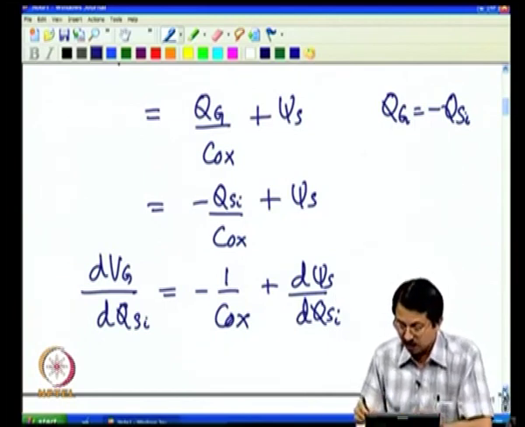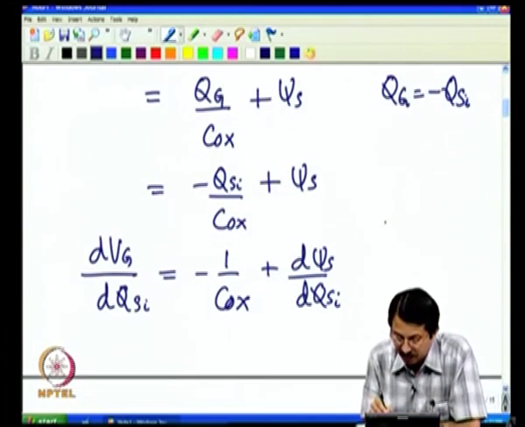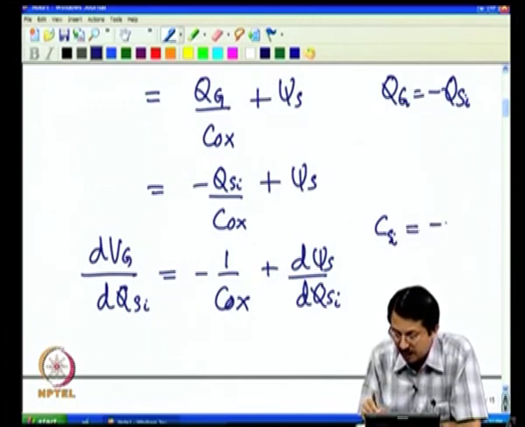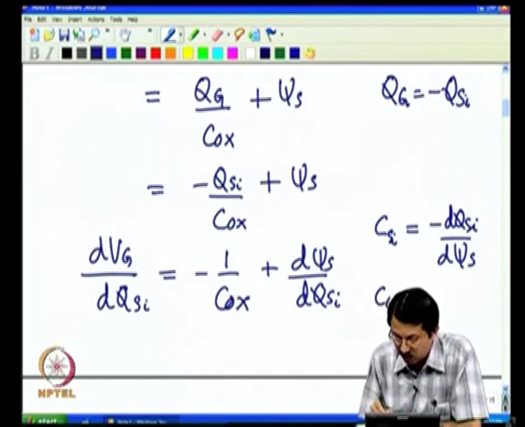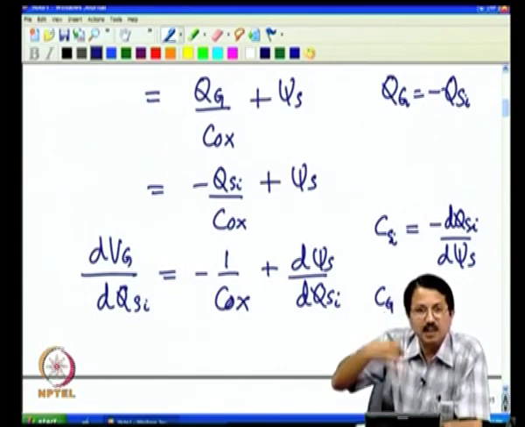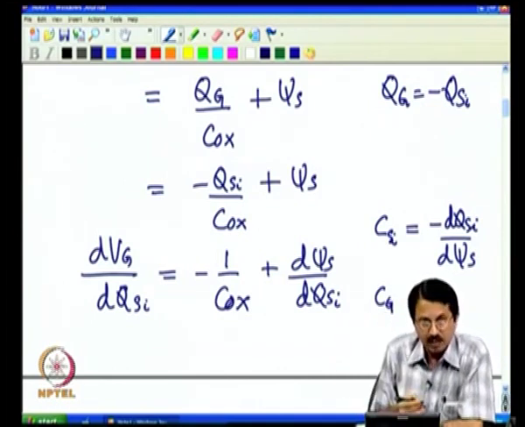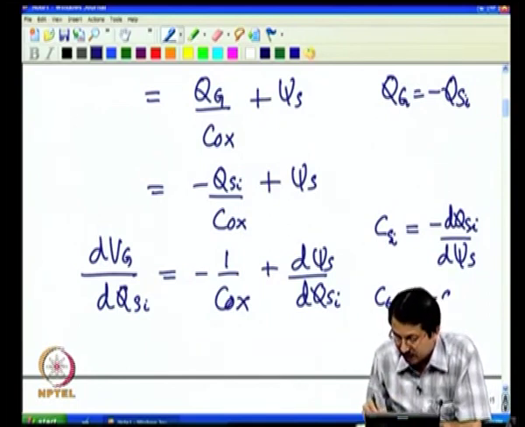In other words, what we are saying here is that we define C silicon as minus dQ silicon by d psi s. And similarly, we define the total gate capacitance, which is being measured in the external world, as minus dQ silicon by dVg,